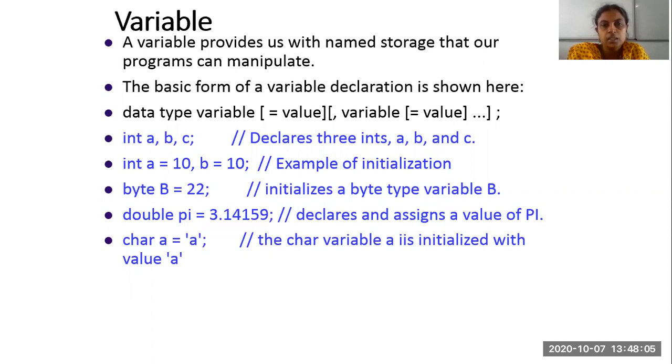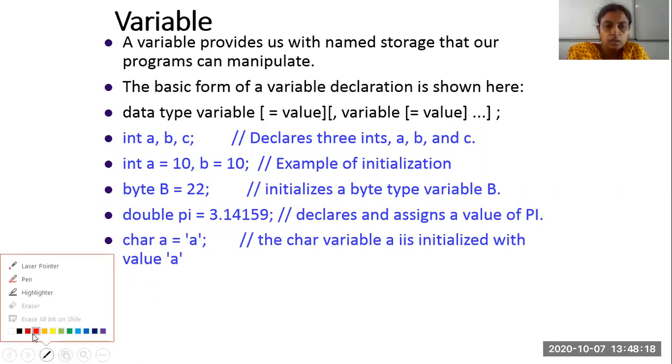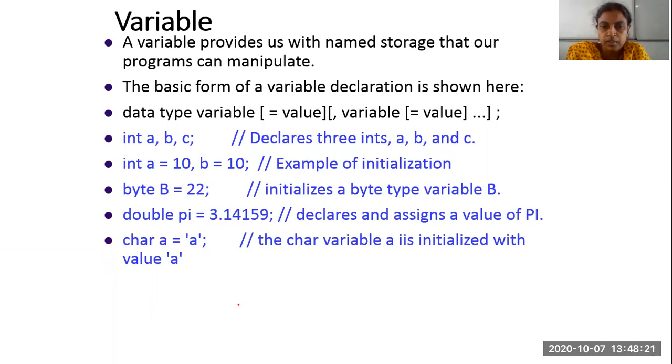If you can remember, in any computer programming language, we don't directly store values like 10, 20. We usually use a name and store those values inside the name. If I want to store a value 5, usually we will assign a equals 5. So what's happening? The value 5 will be assigned to a variable called a. So a variable is nothing but a storage space, a location where our values will be stored.